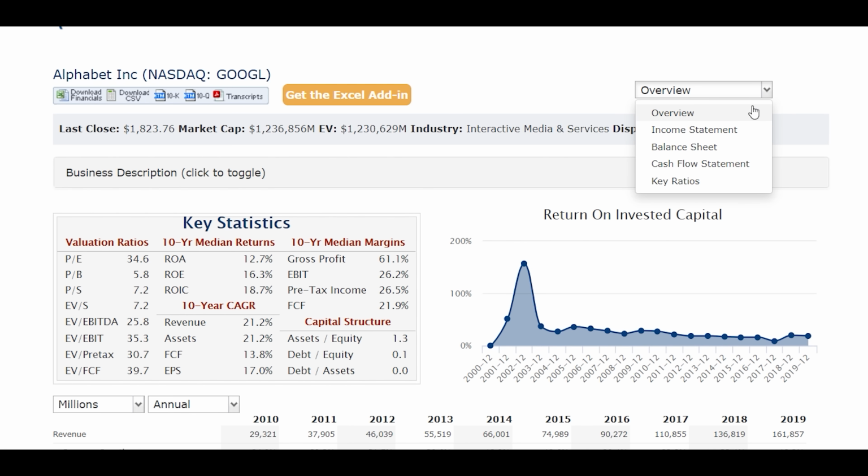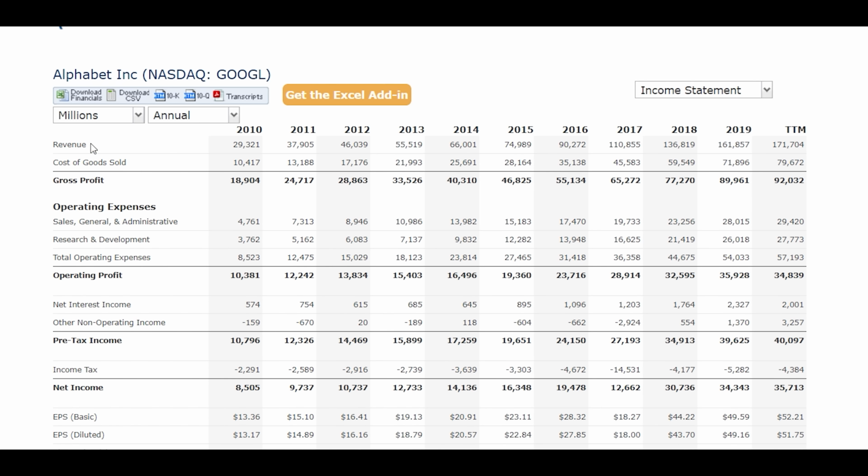Remember, such a core part of the strategy that I follow is looking at long-term trends in the growth of companies, whether it be revenue or free cash flow or whatever. And you can actually do that on this website because it gives you 10 years of numbers. So you can have a look at the income statement if you want to look at 10 years of revenue, or you want to look at 10 years of earnings per share data,